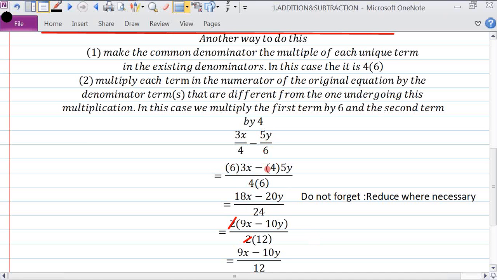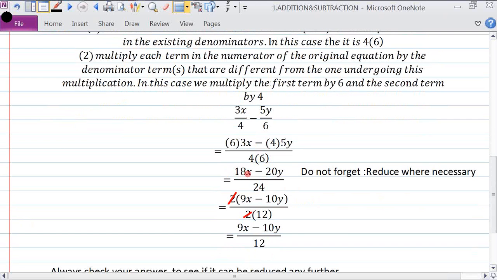That's all you have to do. Let me go over that again. You put the 4 and 6 in here. Since 4 appears here, you take the 6 and multiply the numerator. Since 6 appears here, you take the 4 and multiply by the numerator over here. Okay, so then you